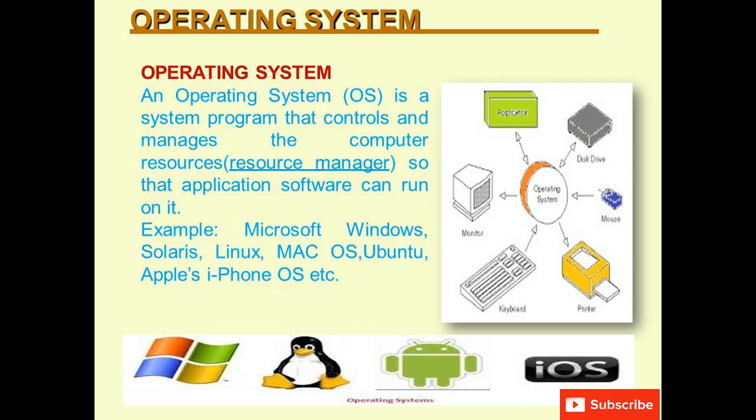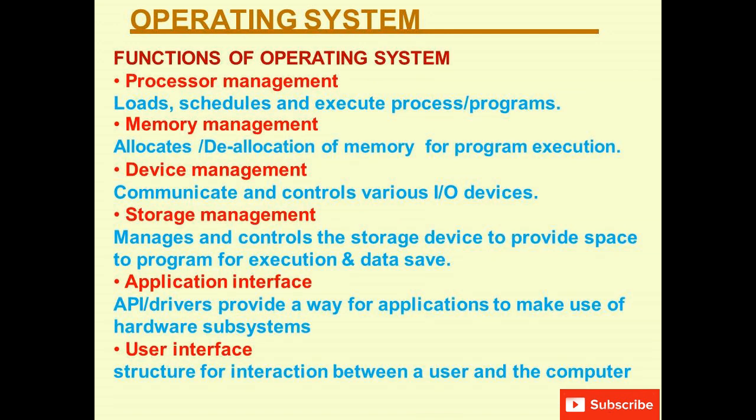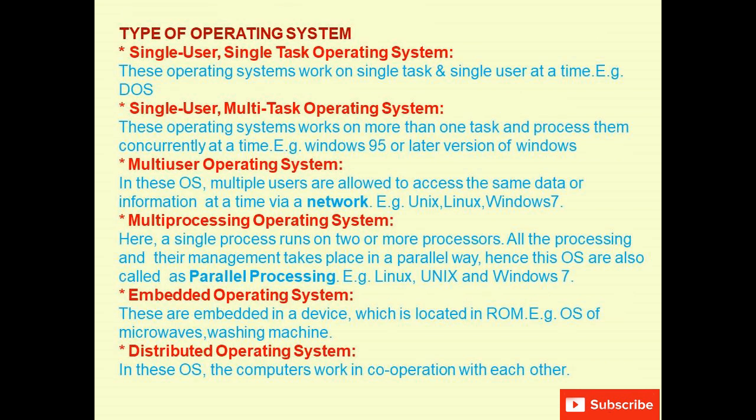What is an operating system? An operating system is a system software that operates the computer. Operating system is the most basic system software, without which the computer cannot work. The operating system manages other application programs and provides access and security to the users of the system. Examples of operating systems are Windows, Linux, Ubuntu, Android, iOS, etc.